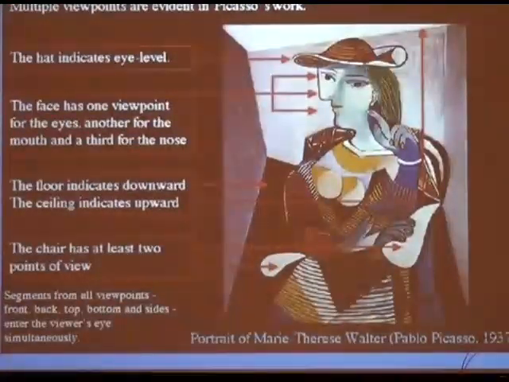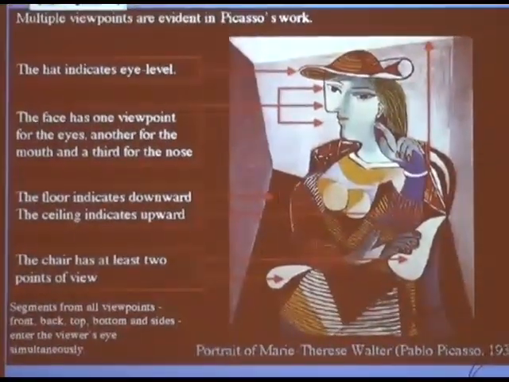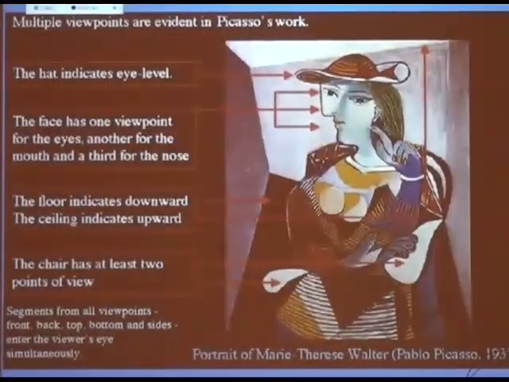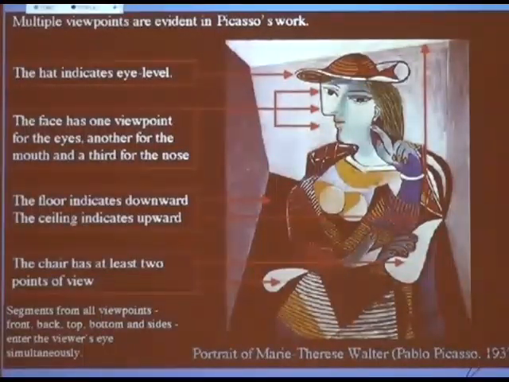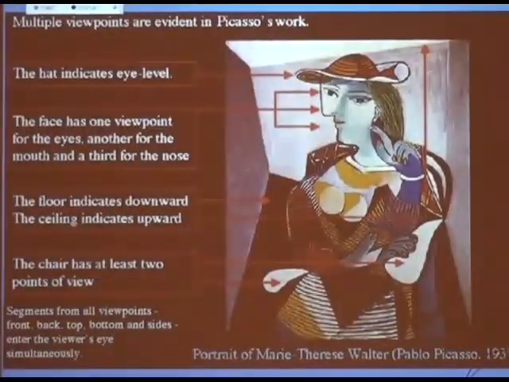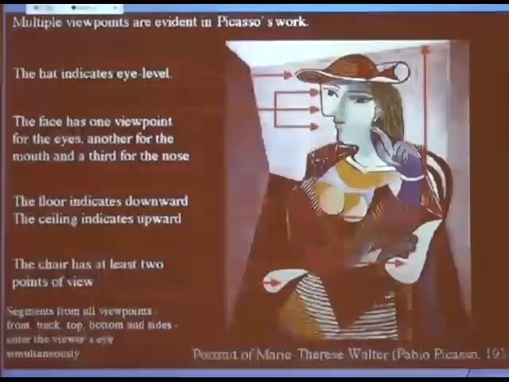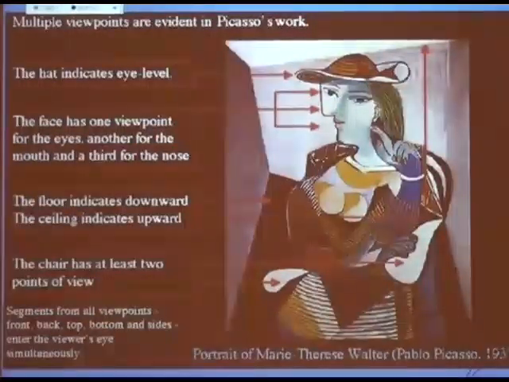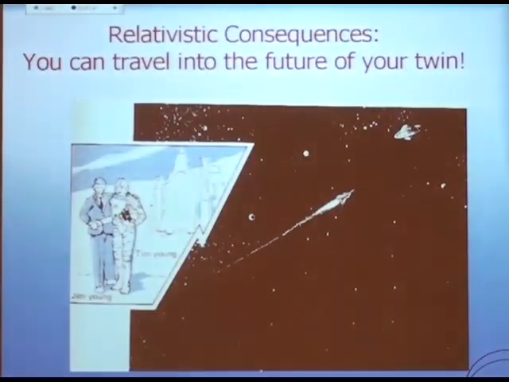So it's a real coincidence, but I think it's sort of typical that as our cultural thinking changes, we're willing to accept different points of view as real, all of them equivalent. The same thing was happening in physics as was happening in art. Now, if you read books about Picasso, it turns out Picasso knew nothing about Einstein. And Einstein was actually asked this during an interview, did you know that Picasso was doing all these things? And he said, I had no idea that Picasso was doing similar things in his paintings.